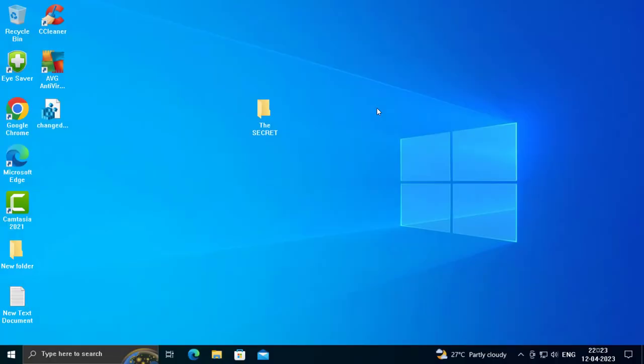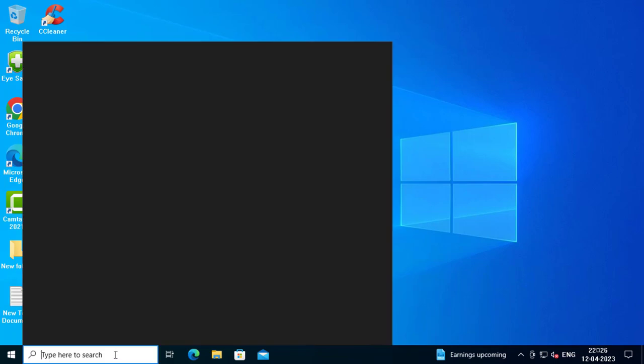Today we are going to see how to fix 100% disk usage and CPU usage, and we will also be boosting the FPS so that you can play games without any lag. Let's fix that, guys. And the next thing, you want to go to power options,